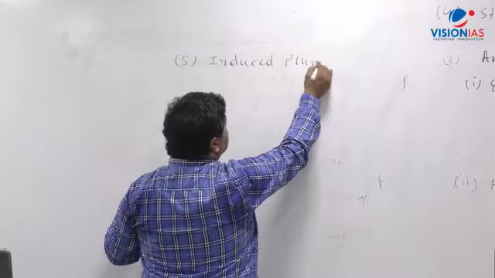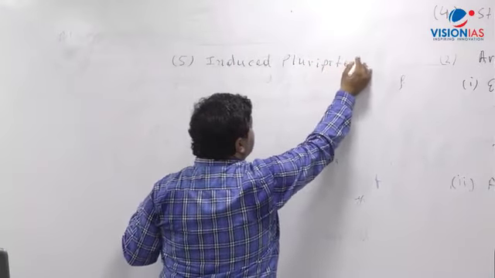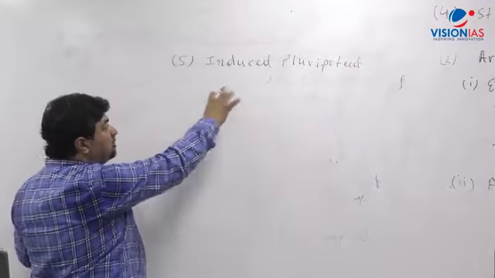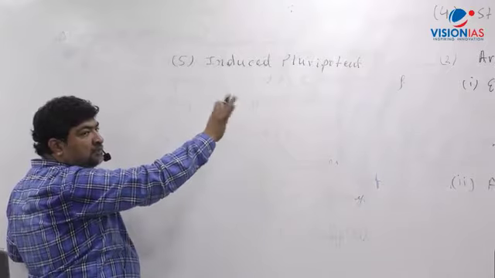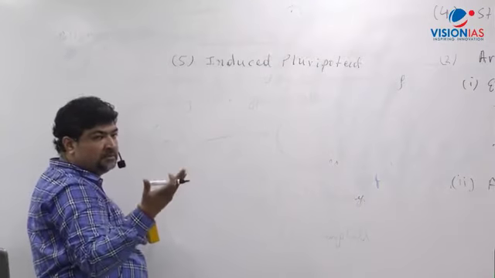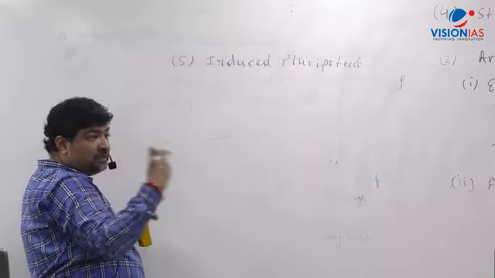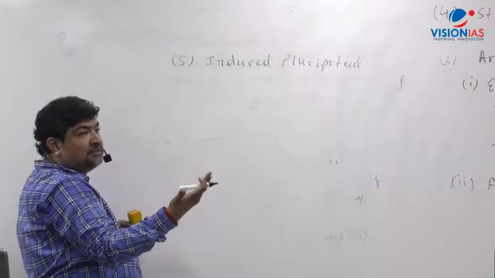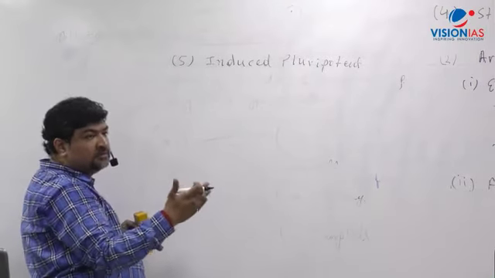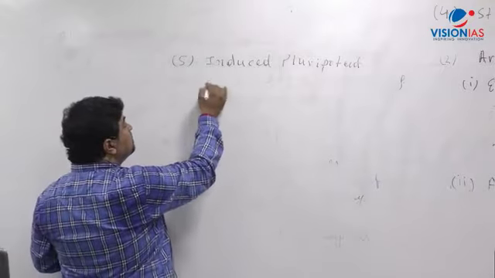Because this word will come quite often in newspapers. When you read The Hindu or Indian Express, all these technical words will come. Sometimes even abbreviations will be given. And at that time, if you don't have the background, you will not be able to understand what sense it is talking about that research. So that part, induced pluripotent stem cells,